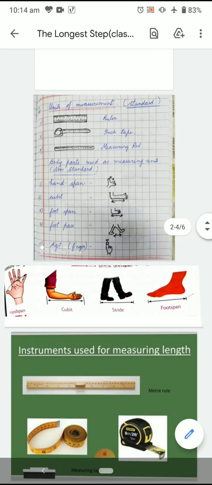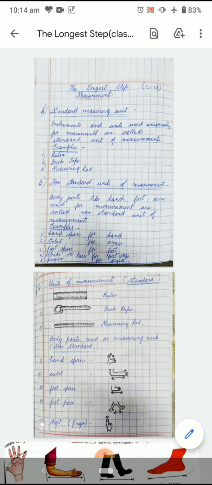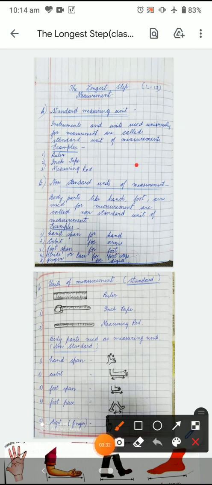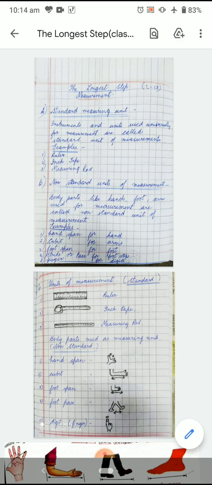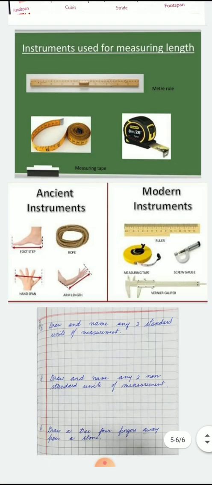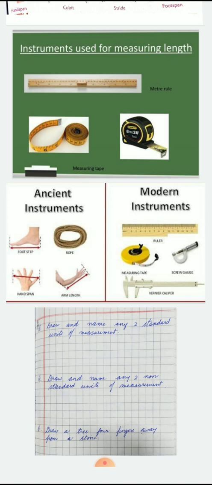Now you remember we have already done the introduction and what we have already drawn. I gave you this work in the last class. I hope you are done with this work, writing the definitions of standard and non-standard measuring units, what all things are used in it, and also you have drawn these things. So we have already done it in the previous class. Now the explanation is done. Now we'll discuss a few more questions, and other than these 3 questions, you have 2 more simple questions. I'll be explaining that also.